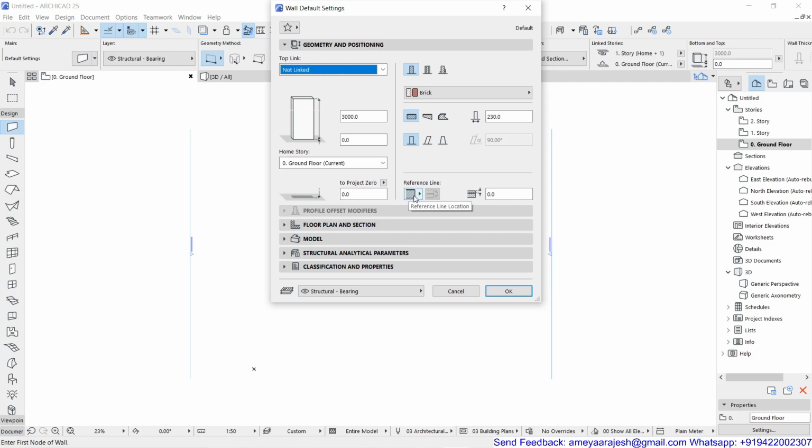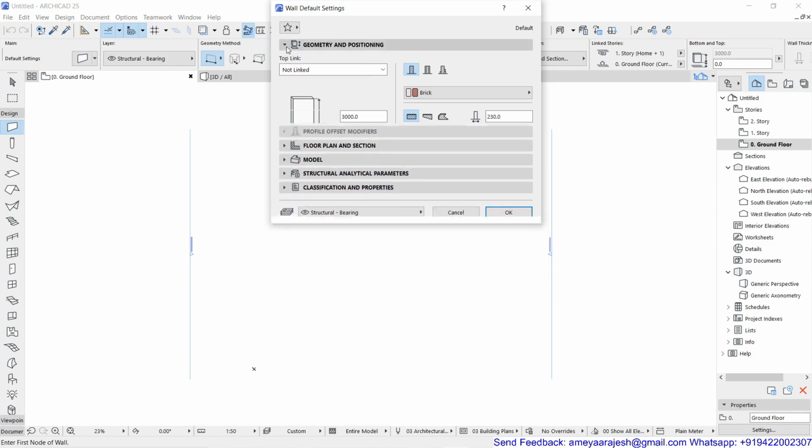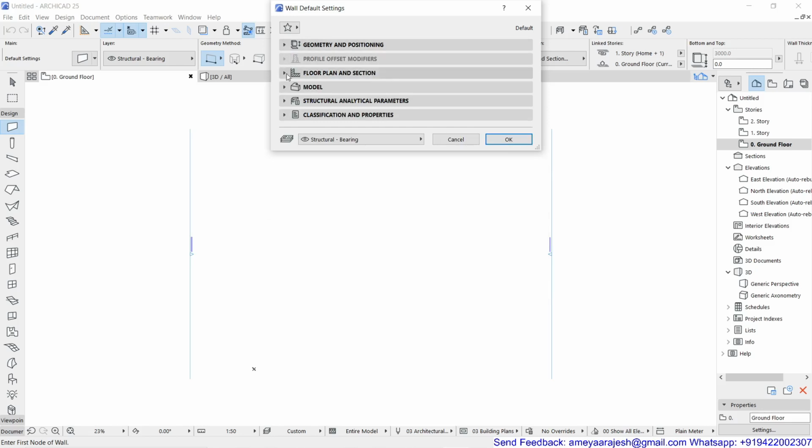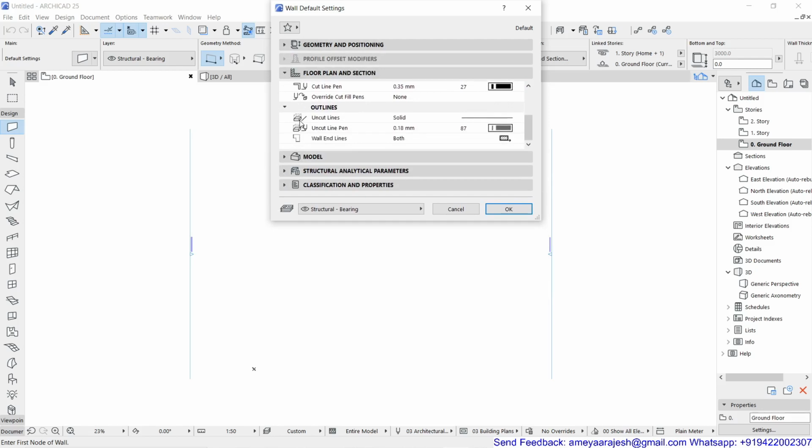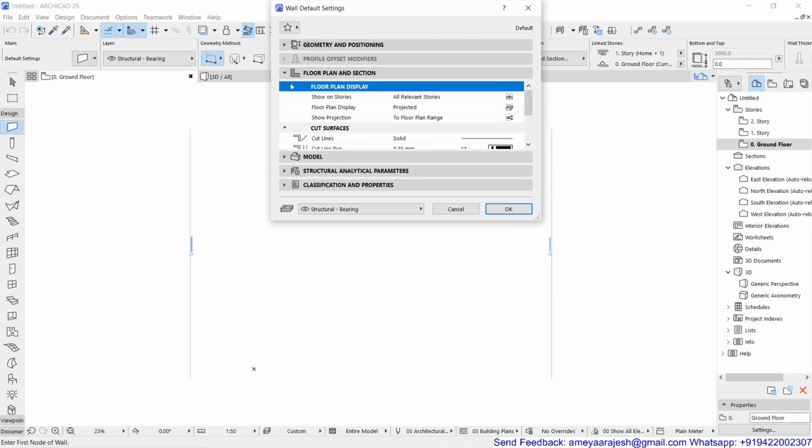Reference line, of course, there's supposed to be some logic behind that, which I'll explain on screen, and there's supposed to be an offset for the reference line. Again, that also we will talk about on the screen when we start drafting. Now once you are through with the first rollout, there will be some other rollouts, that is floor plan and section. No changes we are going to do at present. So let it be rollout, sub rollouts.